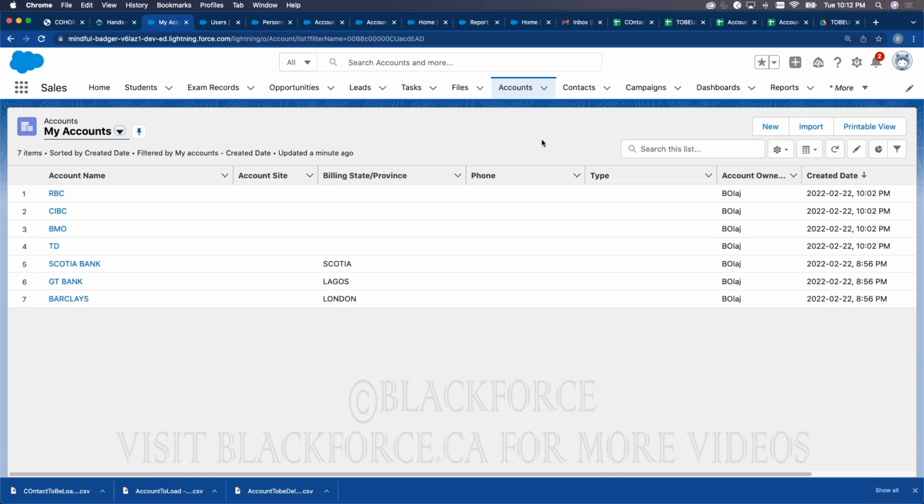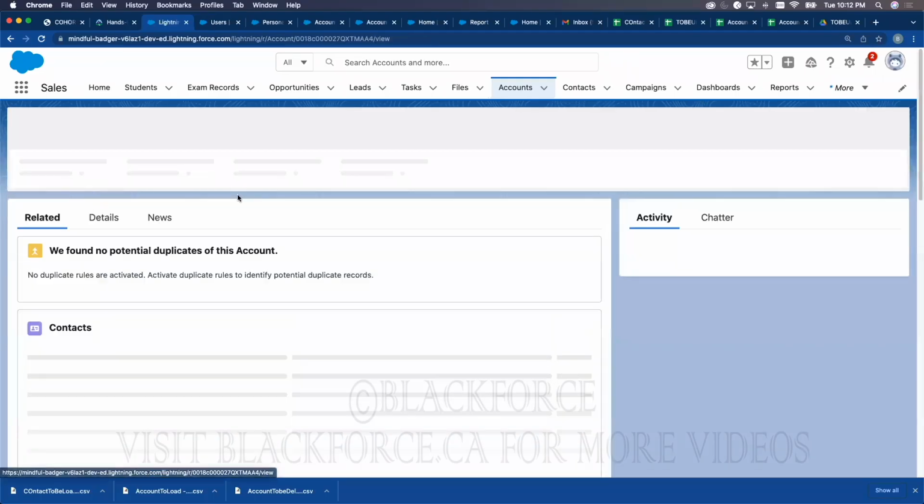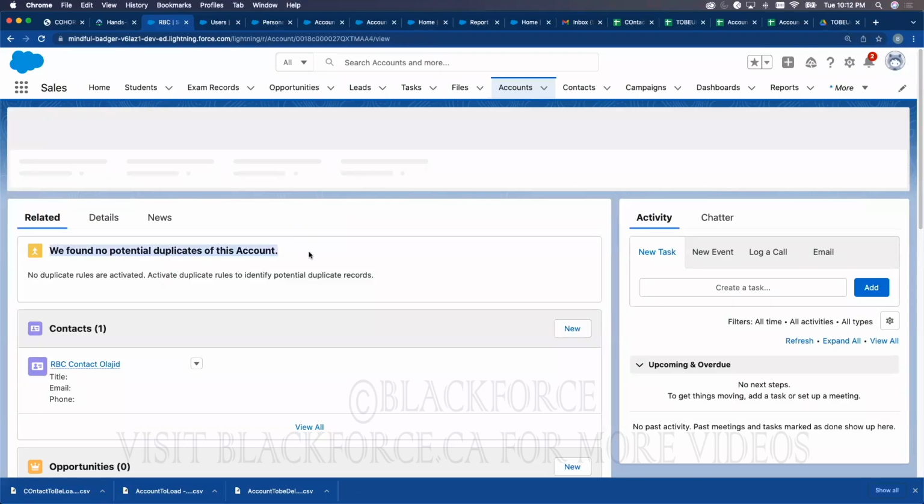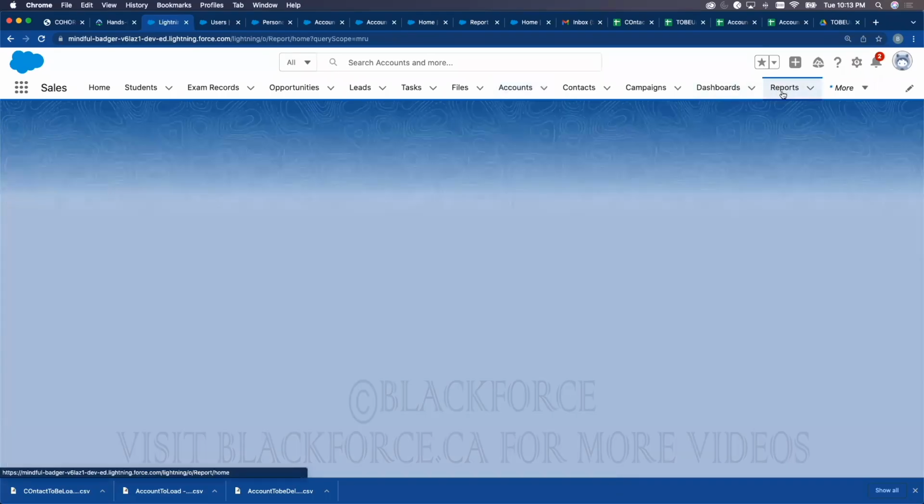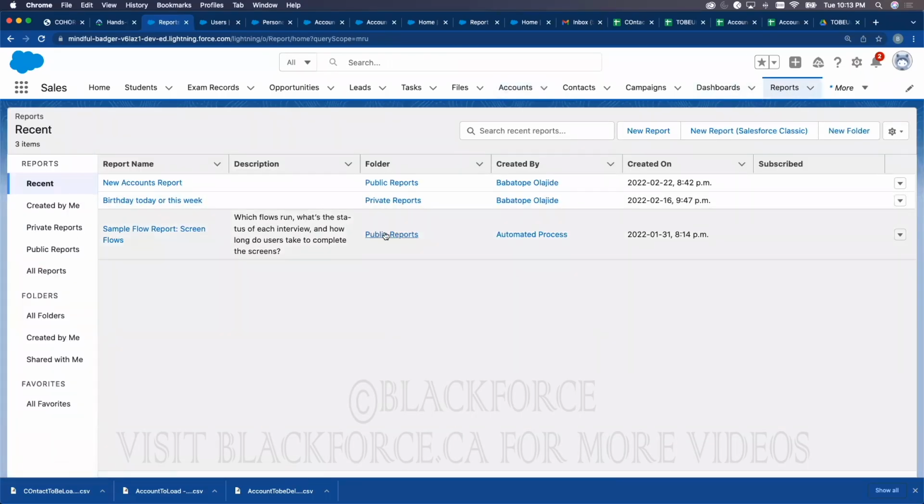Tomorrow, we're going to be talking about duplicate management, how to identify duplicates, how to validate records and ensure that we do not have duplicates in the system. We're going to make sure that anytime we enter a record, it is valid. What if there is a requirement that says we shouldn't have backdated dates? You cannot say created date is yesterday when you're already creating it today, something like that. If you want to put those validation rules in place, you need to write them. So tomorrow we're going to be reviewing that. In addition to that, we're going to be creating reports and dashboards. Your manager asks you, how can I find all the contacts